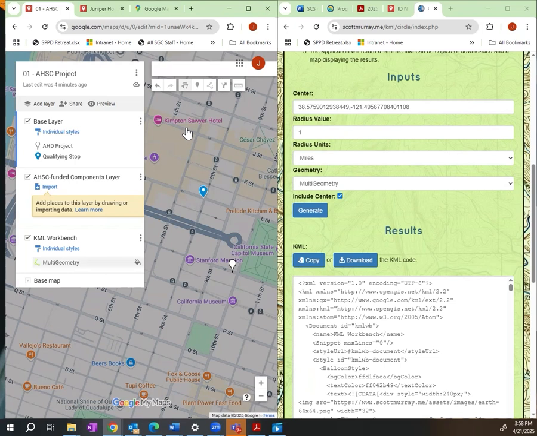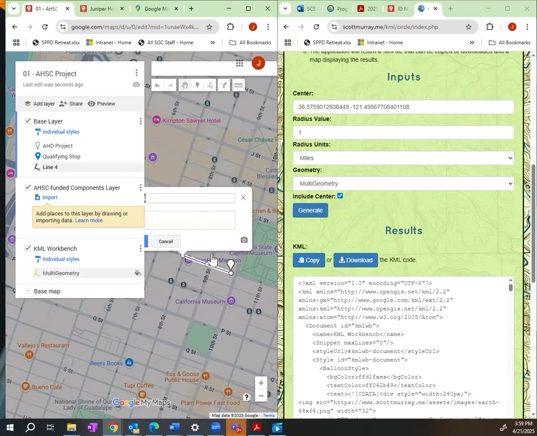Okay, and now we are going to map the pedestrian access route in the base layer, which goes from the AHD to the qualifying transit stop. So we're going to do that by drawing a line, clicking this icon, add line or shape, and we are going to draw the pedestrian access route starting from the AHD. It is going to make a turn here, so we're going to click it once and then keep it going to the qualifying stop, and it'll end there, so we'll double click it